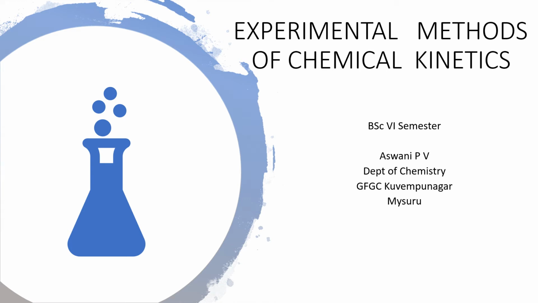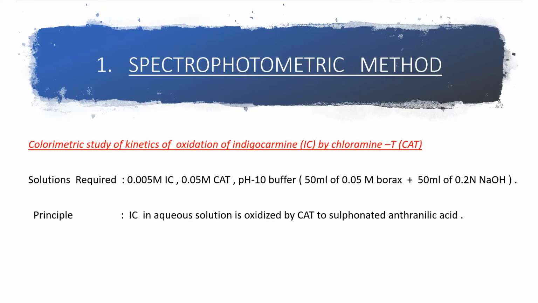Welcome everyone. In this video, I will be explaining about the experimental methods of chemical kinetics. The first method is the spectrophotometric method. And the best example for explaining the spectrophotometric method is the colorimetric study of kinetics of oxidation of indigo carmine (IC)